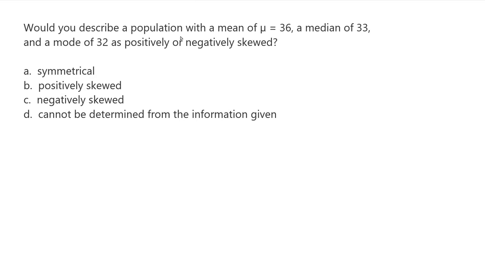Would you describe a population with a mean of 36, a median of 33, and a mode of 32 as positively or negatively skewed? It's either symmetrical, it's positively skewed, it's negatively skewed, or cannot be determined from the information given. All right, so if we wanted to look at a symmetrical distribution, with a symmetrical distribution, very typically